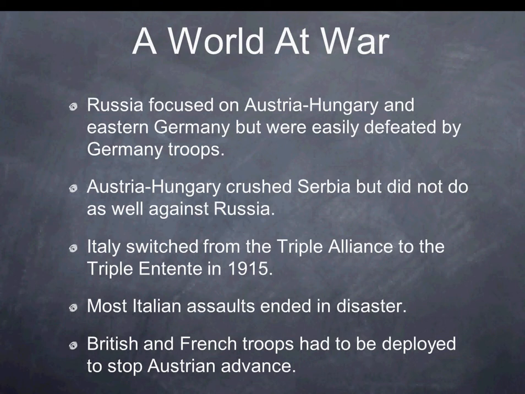Russia focuses on Austria-Hungary and Eastern Germany, but is easily defeated by the German troops. This is going to be a disaster for Nicholas II and the Romanov family, and it will bring his end in 1917. Austria-Hungary crushed Serbia,